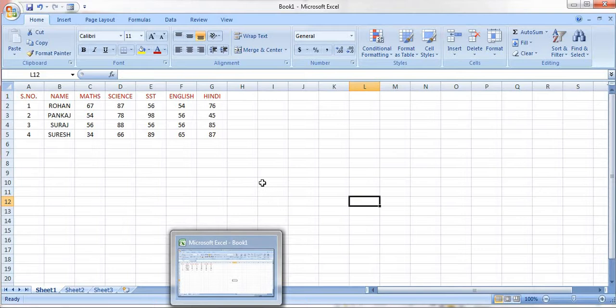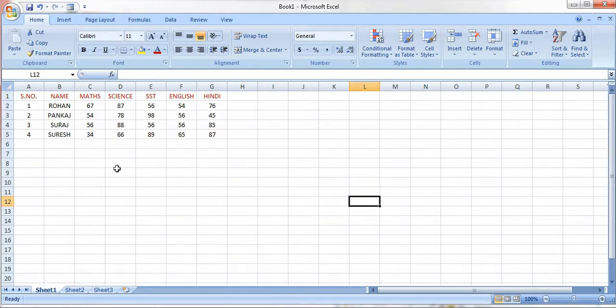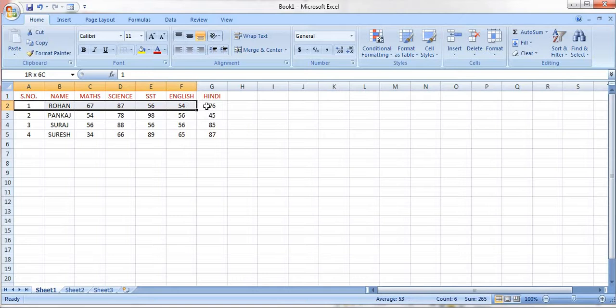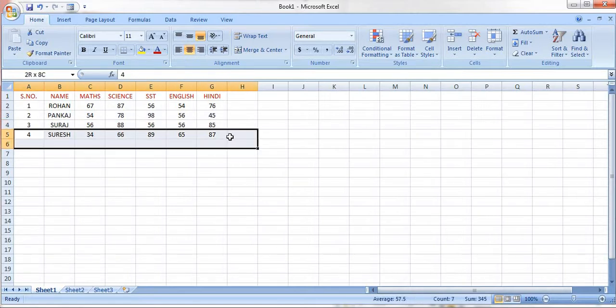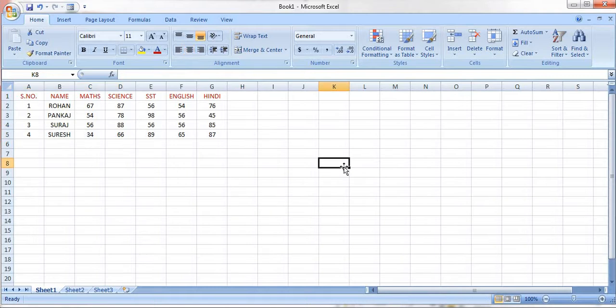Now I want to search. Here I have mentioned just 4 data, right? Rohan, Pankaj, Suraj and Suresh marks. But in place of this, 50 students' names can be there, 15 records can be there. This is one record. See, first this is the record of Rohan, his marks in mathematics, science. This is the record of Pankaj, this is the record of Suresh. Like this, row wise, its record is there.